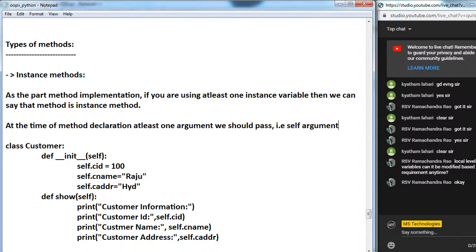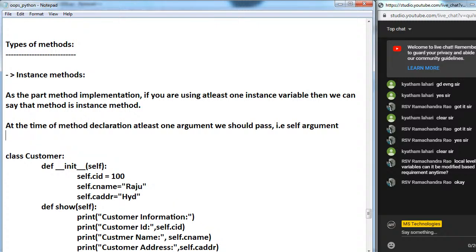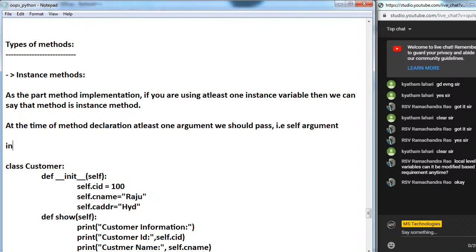At the time of declaration, at least one argument we should pass, that is the self argument. Instead of the self name, we can take any other name also. But the first argument,